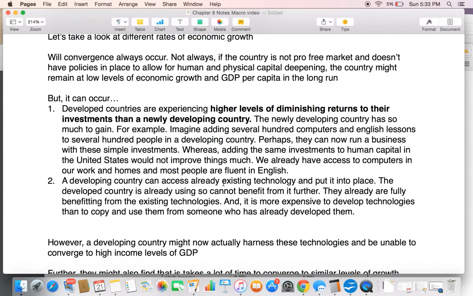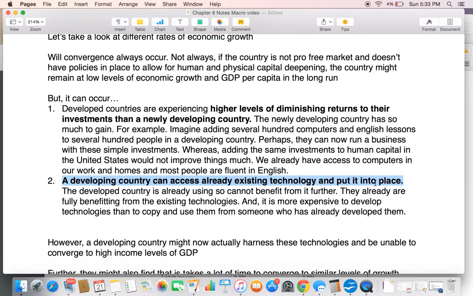Also, in a developing country, developed countries who have already produced technology will share that technology with a developing country, and they will then put it into place, and it will be very useful for them, perhaps boosting their economic growth. However, we are, as a nation, mostly tasked with creating this technology, and creating the technology takes time,